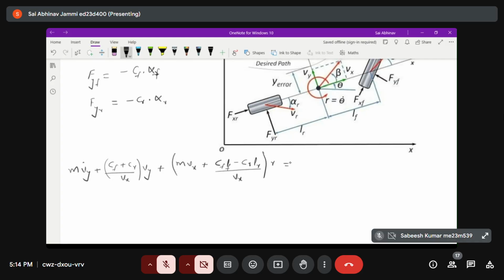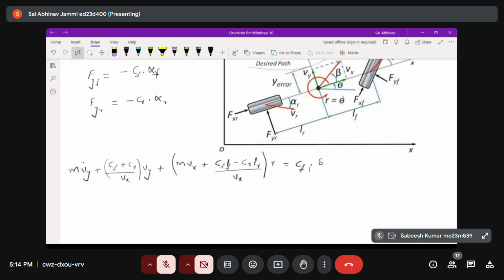Bear with me for the derivation. It might be a little boring. Okay, so this will be my equation for the lateral motion, that is in the y direction, right? Now,